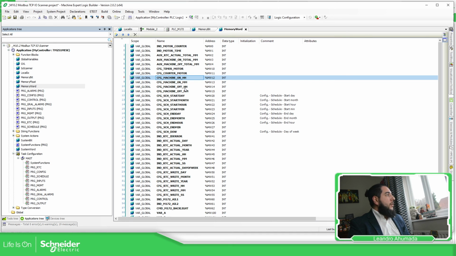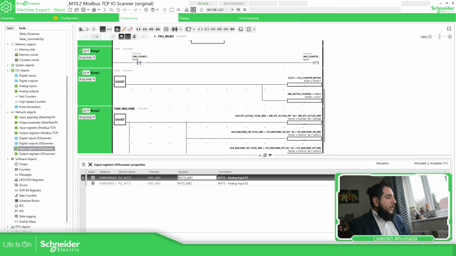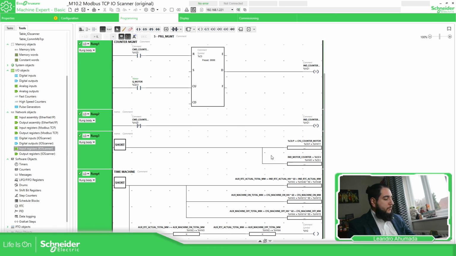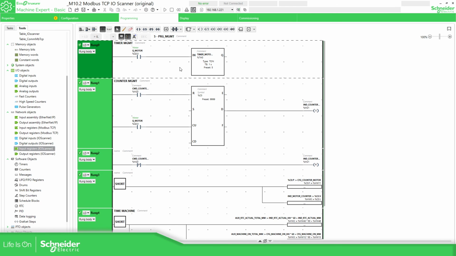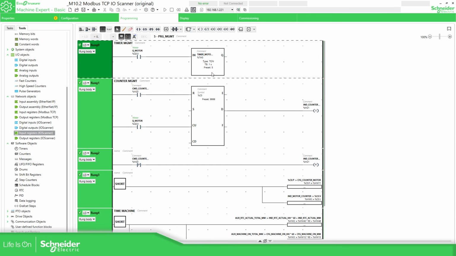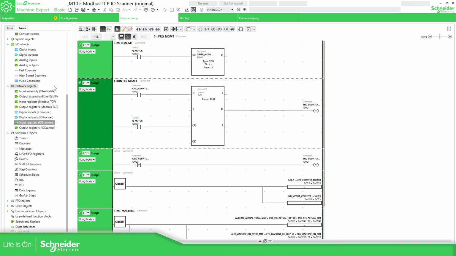Now, regarding global variables, in my application I was using some function blocks that came from the M221. I have a timer, a counter,